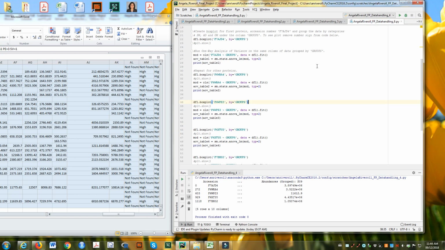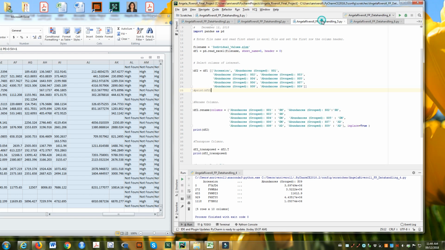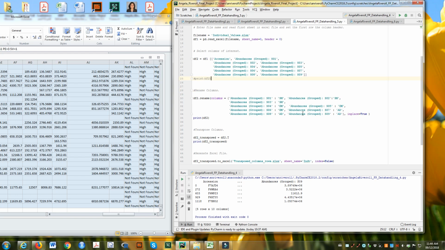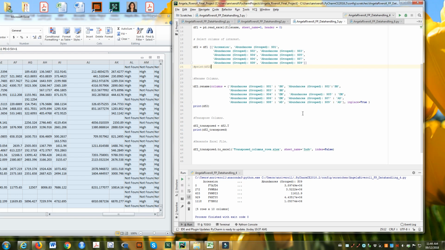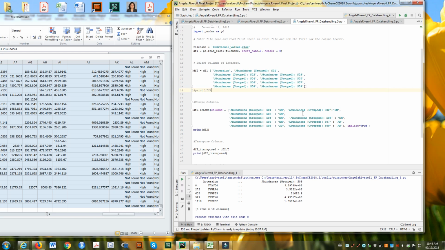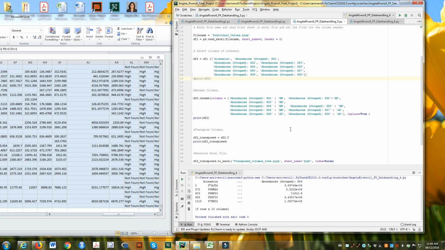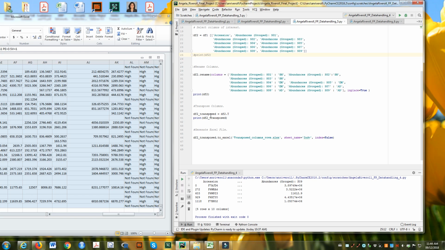So data handling 5 was a very simple script to transform the data. Much of this is the same. I renamed some of the columns to make things simpler, converting these big long labels to just SM. And then I basically use this df2 dot transposed, and if I print this,